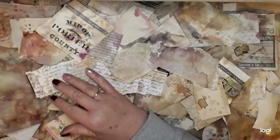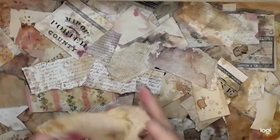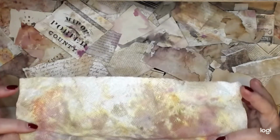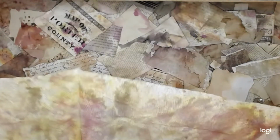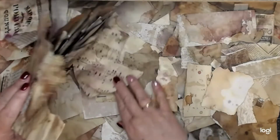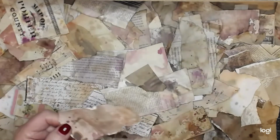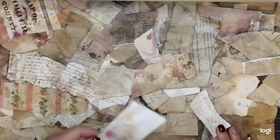So some of my papers that I had were cardstock, and I separated them because they were like, see if I can find, here's a paper towel. I actually just dried the paper towel that I was using. So I actually can use that. And this is double ply. So you get two in one. Yeah, look at that. Cool. One with more yellow. So, like, this was a paper towel. And I was trying to find, here's one that was cardstock, and I tore it, so it didn't do anything. A lot of these didn't soak through to the back, which I never, this one did, but